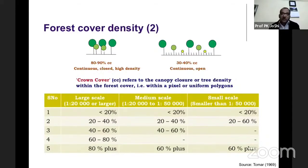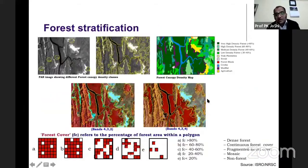In FAO, you have more density classes. This all depends on what your scale of mapping is and what your objective is. So those kinds of things are generally done. You can also play with these bands, as I said, near infrared. I just showed you one standard false color composite. I can change the bands, and the information which was not very evident over here has become much more